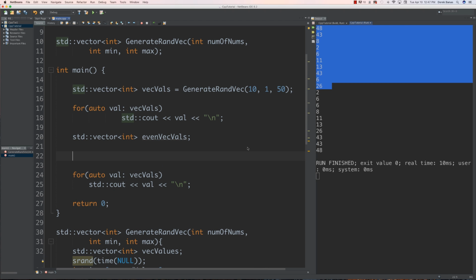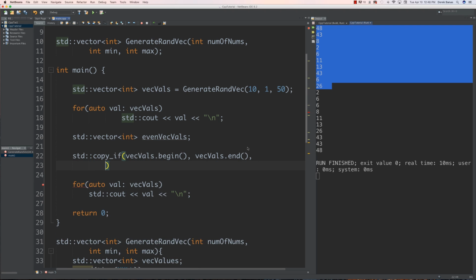Well, I'm going to come in and I'm going to go std::copy_if, and it's going to copy things from one vector into another vector if they meet a condition. So pretty cool stuff, and it can be any condition you can ever imagine. So we're going to do, once again, all the parts that we're going to cycle through, and then what we're going to do is we are going to